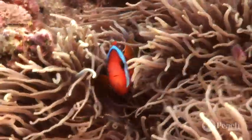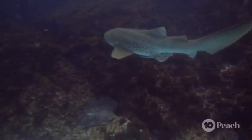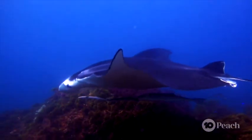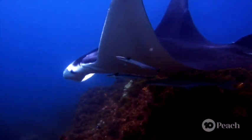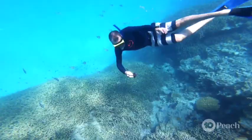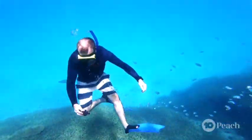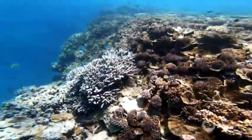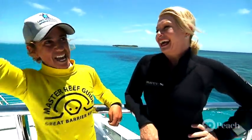Everything from the tiniest little things to some of the bigger animals. Yeah, and those tiny things are supporting everything, down to the size of a coral polyp, it's the size of a grain of sand, up to the manta ray, which is meters across on the wingspan. Wow. So I can't wait to get in. Have you got a favourite creature that lives on the reef? I have to say, a lot of people expect turtle or manta ray, but I love the coral polyp. It's just the coolest thing, and it is the basis and it supports all of the life around it. And that's how it all began. Without the polyp, you wouldn't have anything here. Go the polyp. Yay, coral